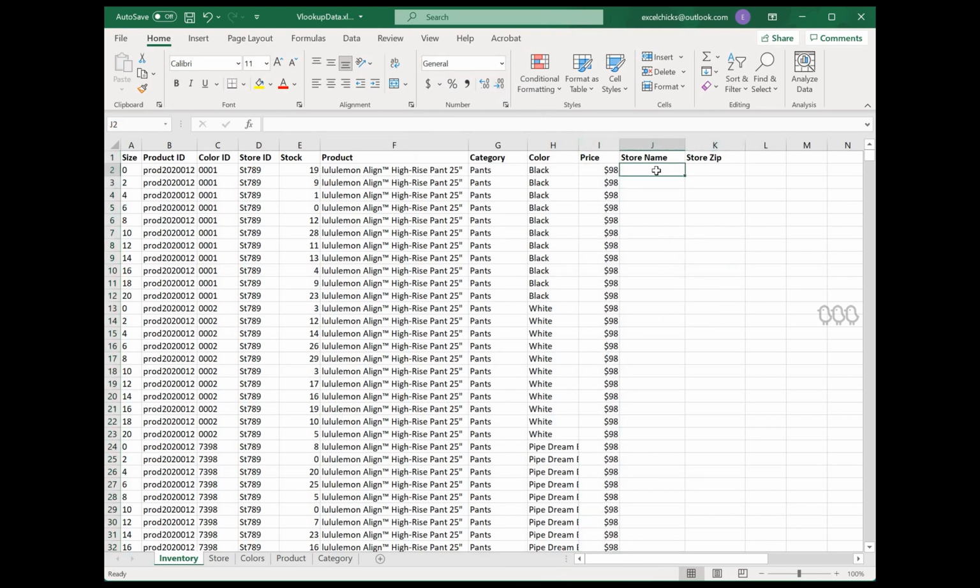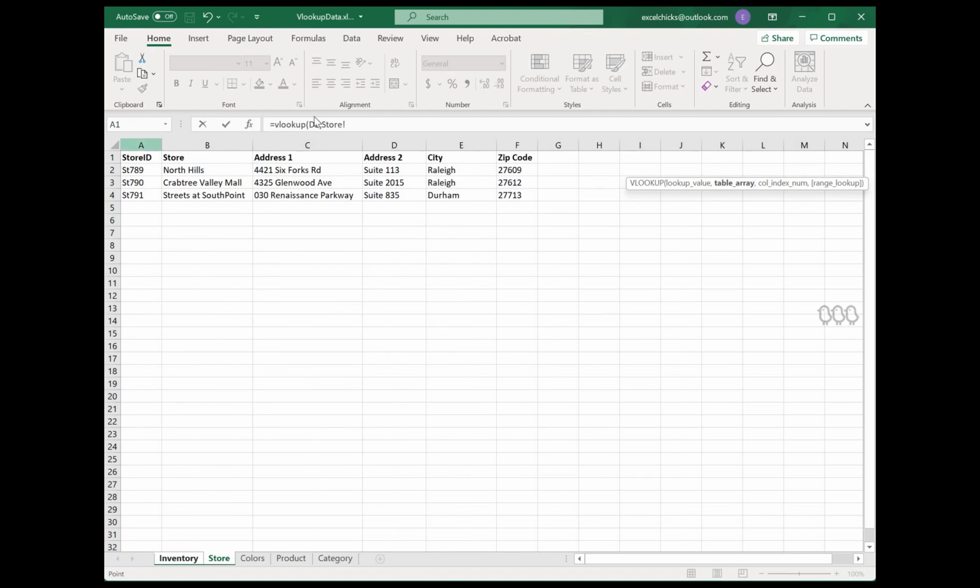And so the next one we want to look at is we want to pull back the store name, and we're going to use VLOOKUP to pull back the store name based on store ID. We'll go to store. Because we're going to use this for 2 different things, we're going to be pulling in the store name as well as the zip code. I am going to put an absolute reference on column D because I'm going to copy that formula over.